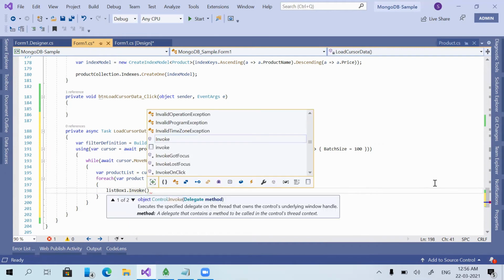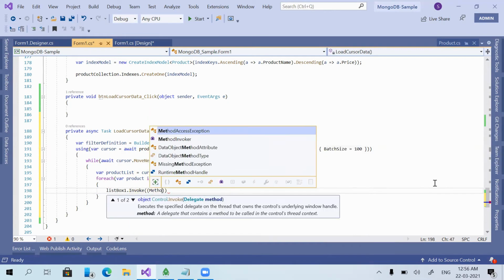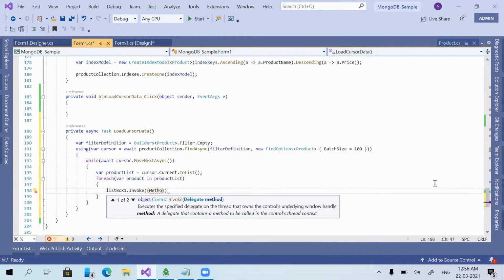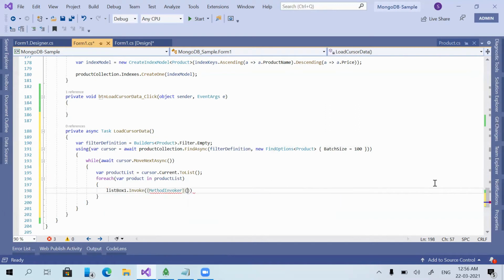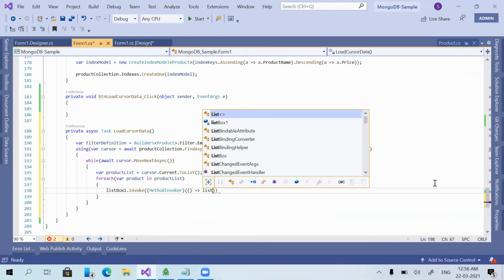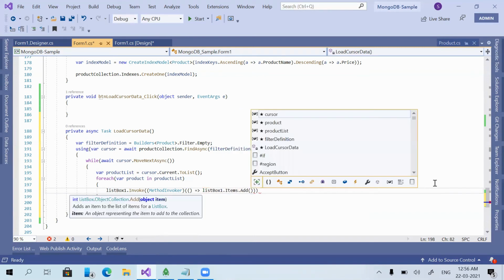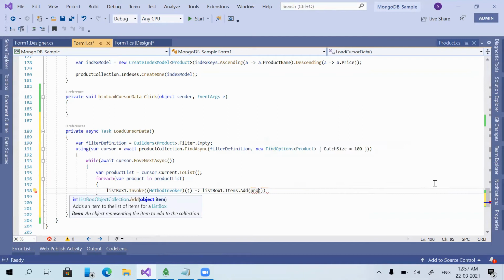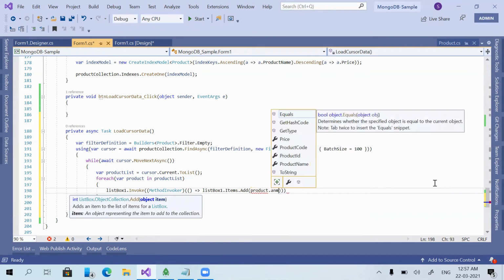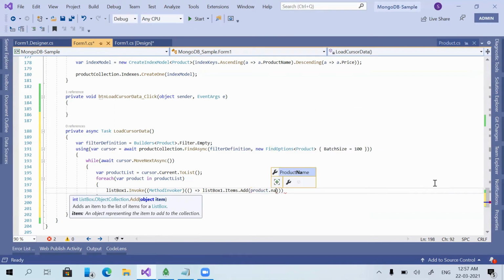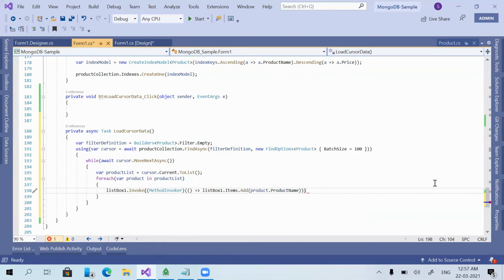So if we need to call the UI thread from a background thread, we need to do it like this: listbox1.items.add, and here I'm adding product.name, just adding the name of each product in the list box. Okay.